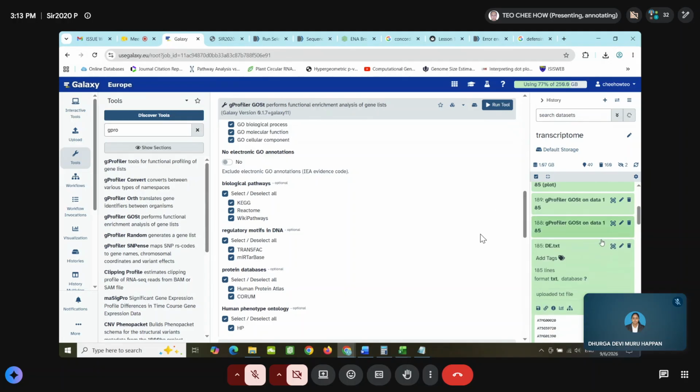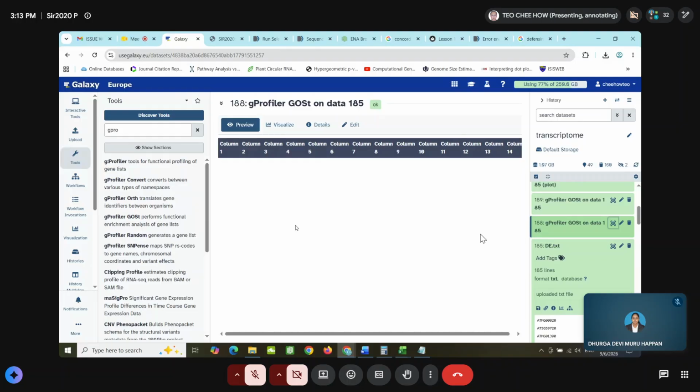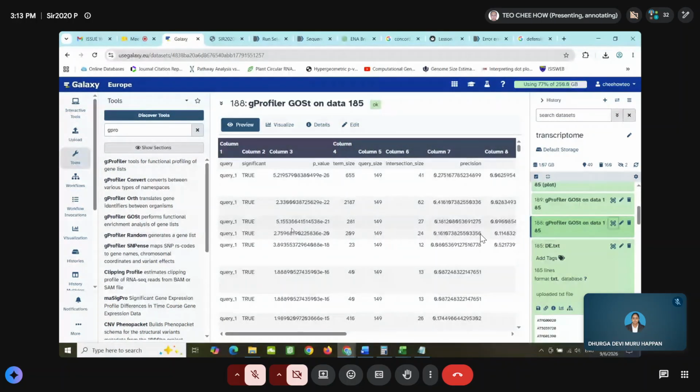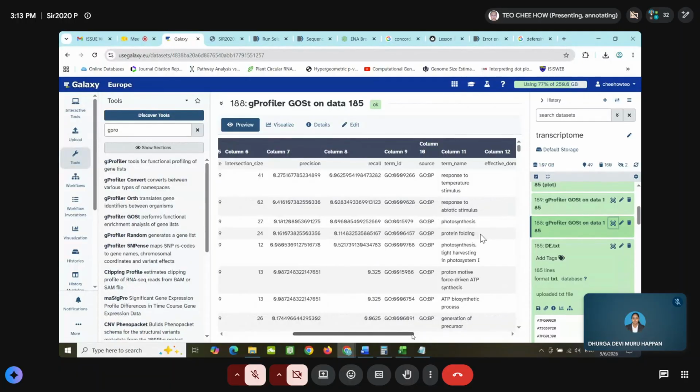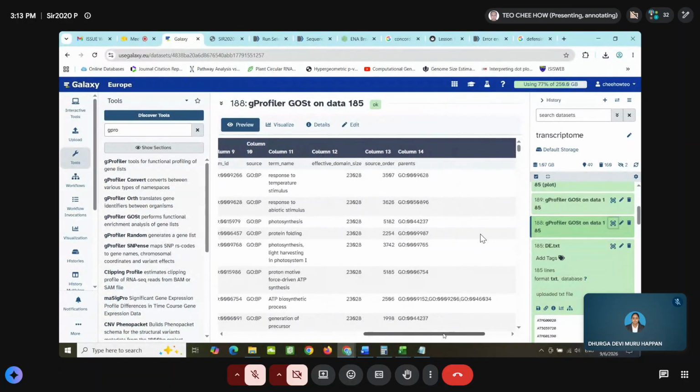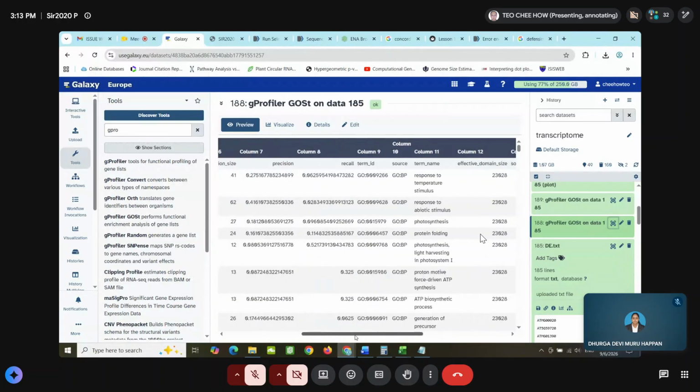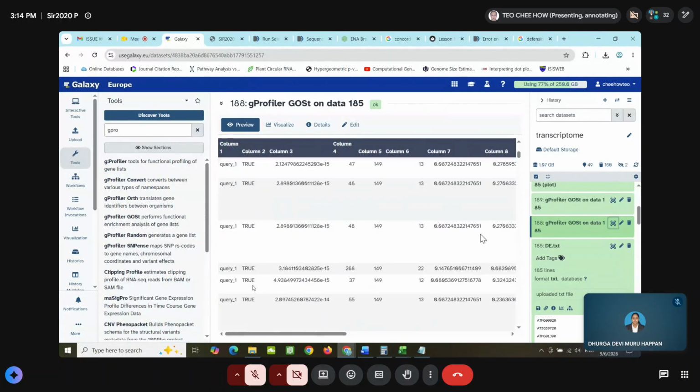Once you run, you will generate this file. Then they tell you what the genes correspond to in your data.